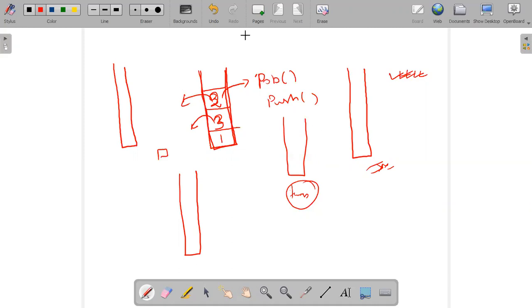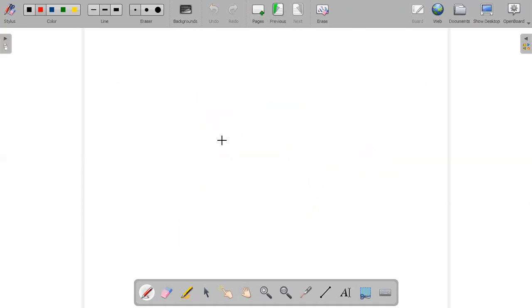Okay, to answer that question, let me reiterate it. You have no stack now, right? You have only an array. And the array is full: 1, 2, 3, 4, 5. And you have to reverse it. If you have to reverse it, can you use recursion to reverse it? If you can use recursion to reverse it, what do you think, will it take extra space?